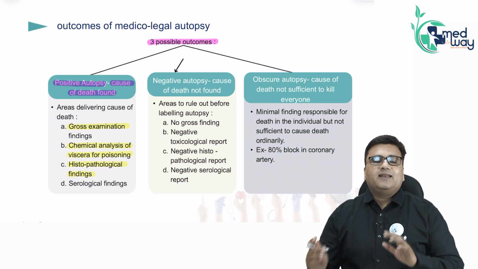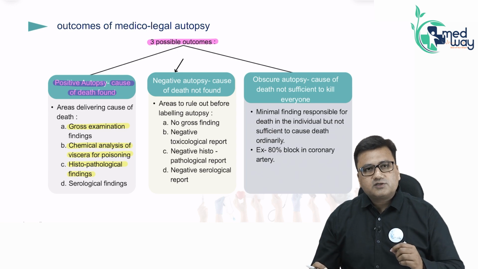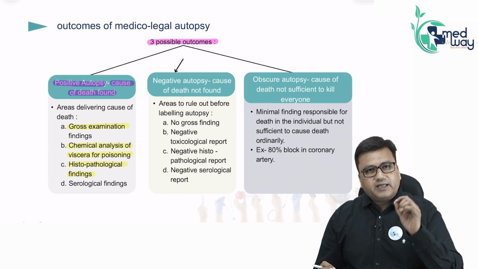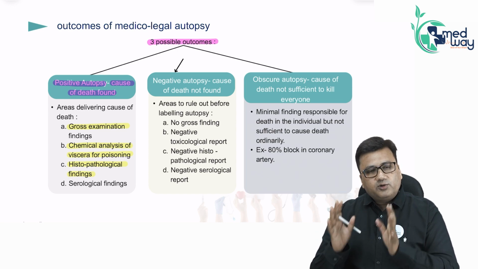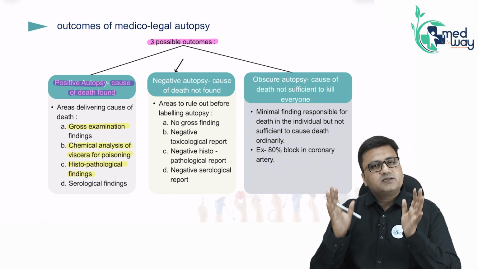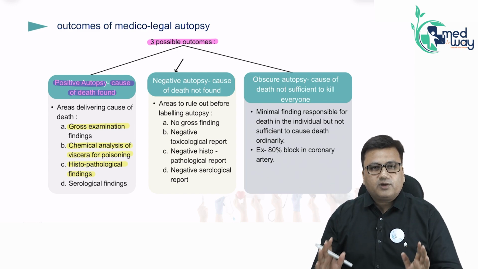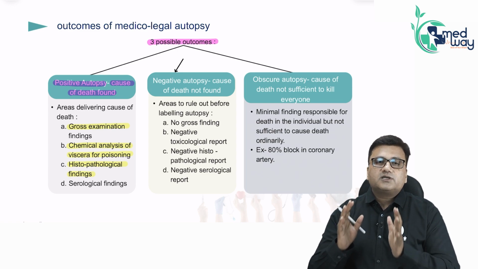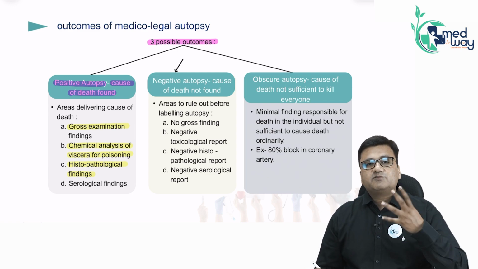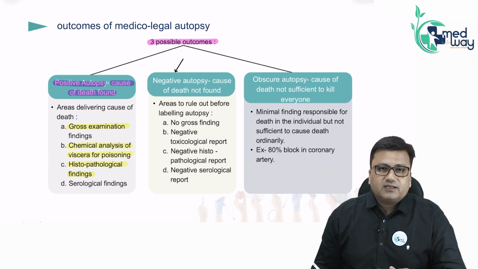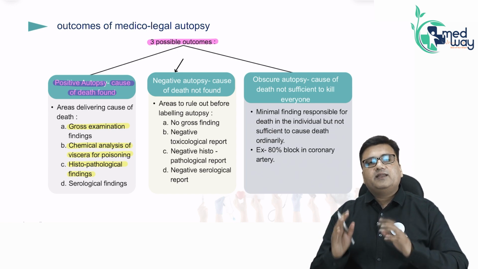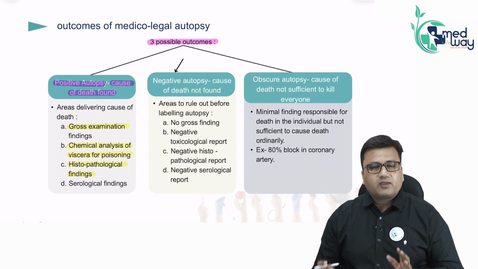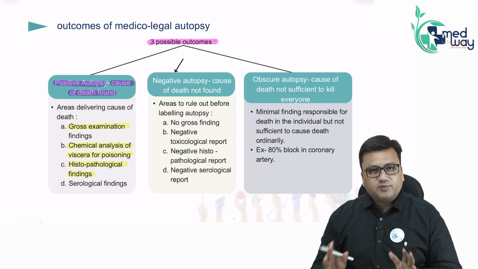For example, let us say for the argument of course that viscera comes negative, histopathological samples which were taken simultaneously during the autopsy also come negative, that is every organ was histopathologically okay. Similarly, simultaneously we had also taken immunological samples. Those immunological samples will also be processed in the serological lab, and if any immunological reason comes as cause of death, even the cause of death now has been found. So,